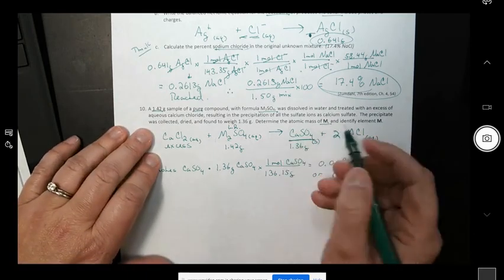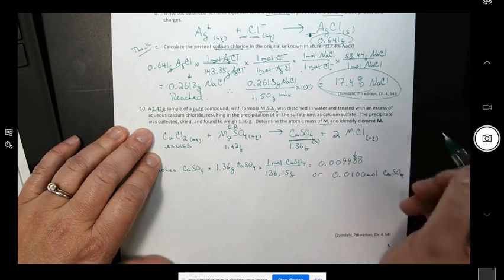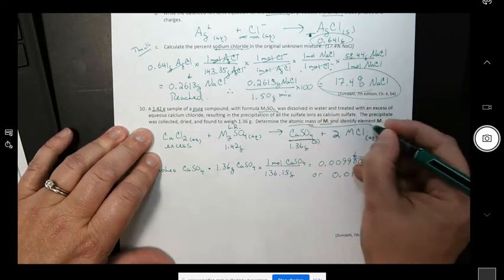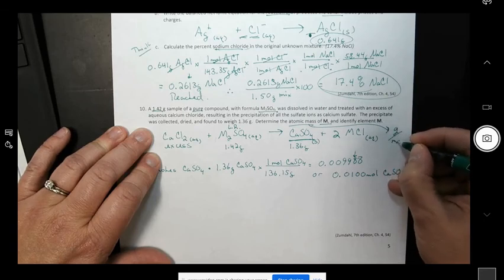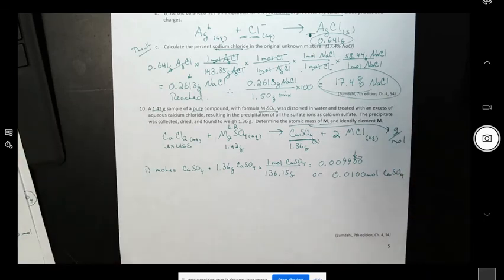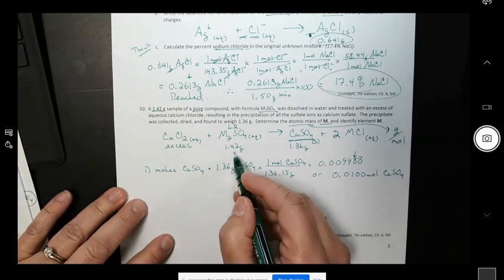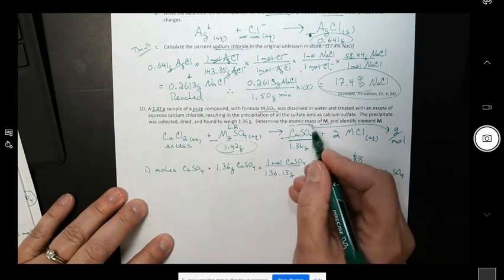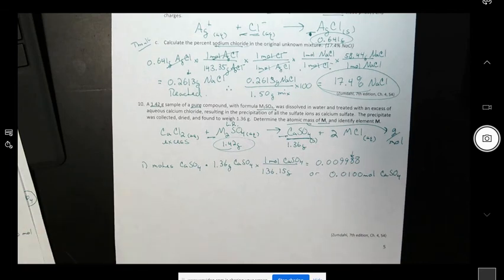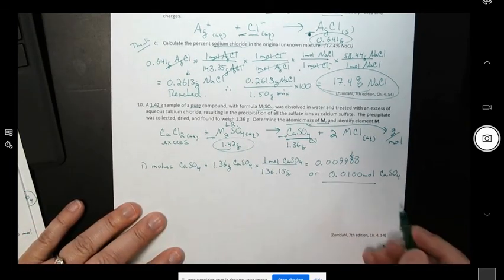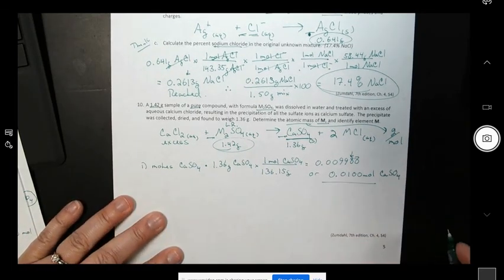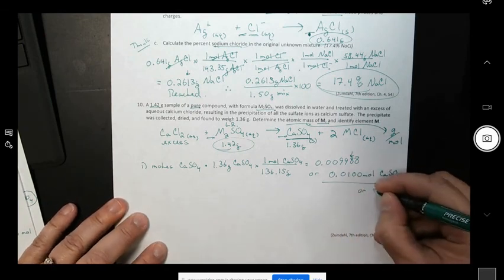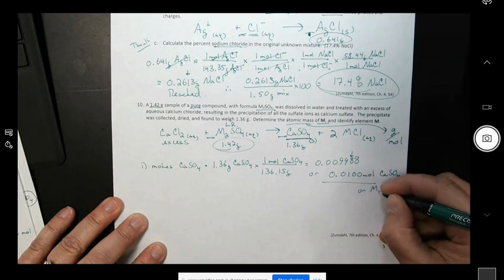Now, remember, the atomic mass of M, another way of saying that is molar mass. So the units that we want here are grams per mole. So if you think about this, we have grams right here. We know we have a 1-to-1 mole ratio between our calcium sulfate and our unknown compound. We just calculated how many moles of calcium sulfate we have, so we also know that we have the same number of moles of our mystery metal sulfate,